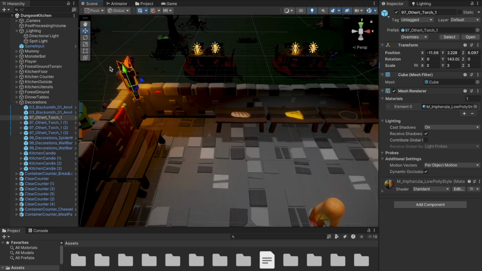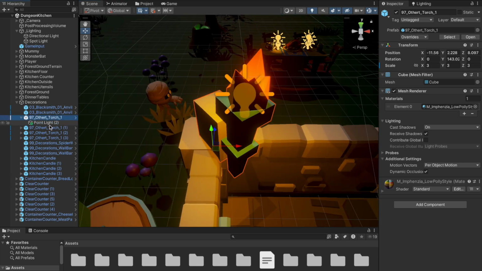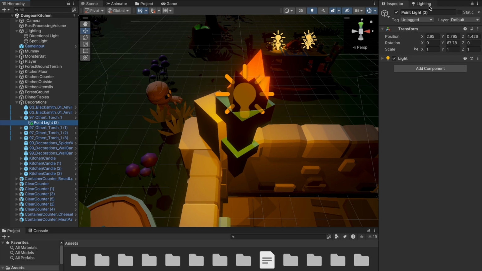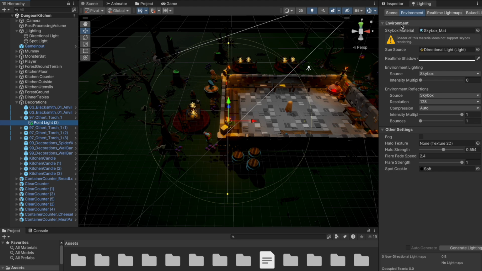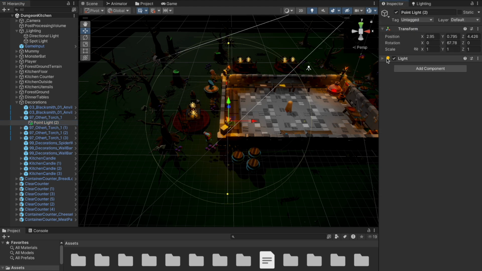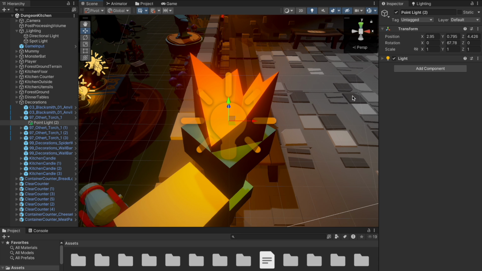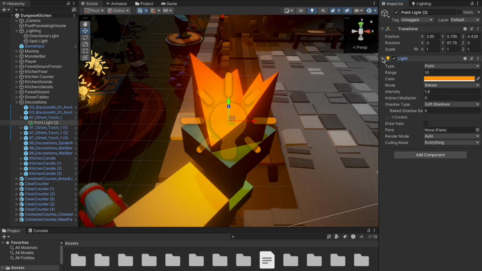So if I go into it, this is my torch, and my torch has a point light. One thing that I quickly want to point out that I learned from this game, let me show you. Yeah. I learned that there's a difference between real time lighting and baked lighting. So if I go under my light option here under my point light, I changed all of my static lights to the mode baked